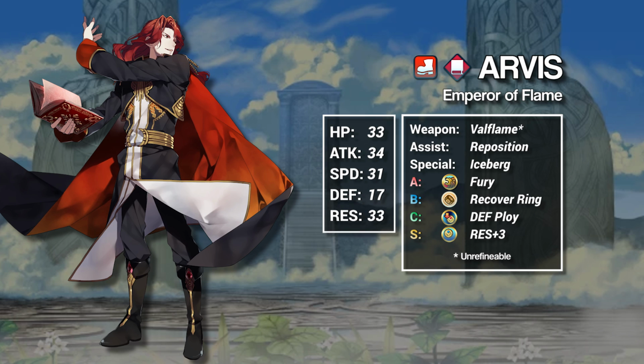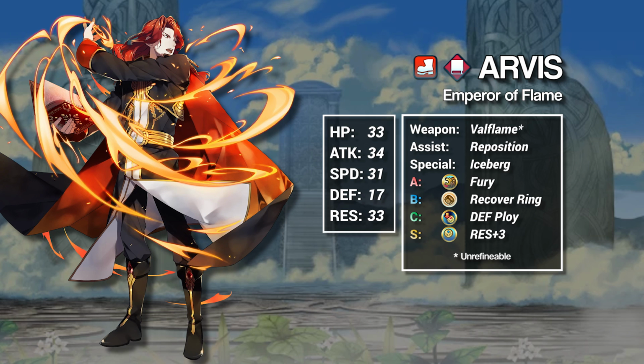All told, Arvis only needs an A skill, Seal, and a new special. For the A skill, I recommend Fury, as the Recover Ring offsets the self-damage and he wants all of the stats anyway. For his special, I recommend Iceberg or Glacies. Finally, for the Seal, I recommend plus Resistance for extra Ploy range, since he can't be merged and his weapon